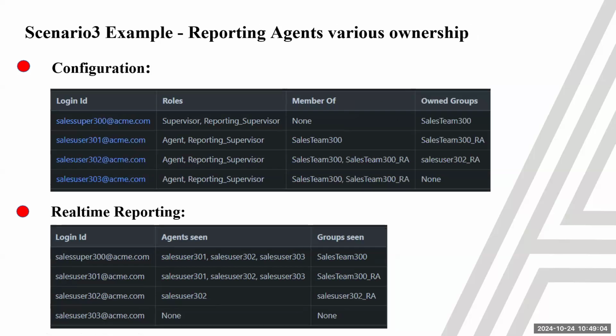And the third scenario is when you have different kinds of ownerships. Of course, the supervisor is always going to have one group where all the agents are going to be members. And then